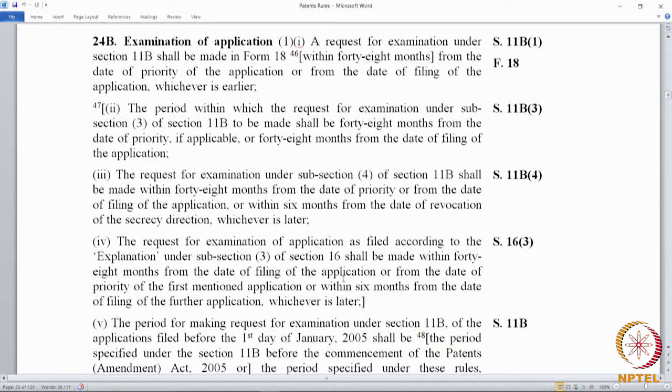So, in the case of international applications where there is an earlier filing, the date of priority will definitely be different from the date of filing. So, in this case the liberty is given to the applicant either to choose the 48-month period from the date of priority or to choose the 48-month period from the date of filing the application, and there is no mandate in this provision that it has to be the earlier one, unlike